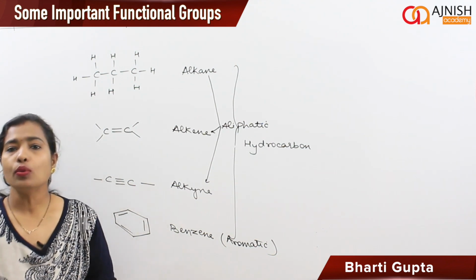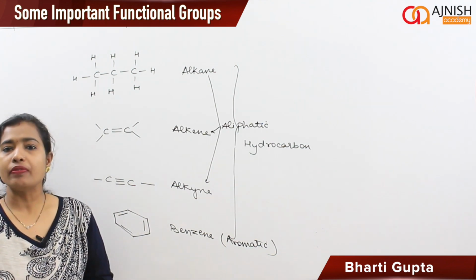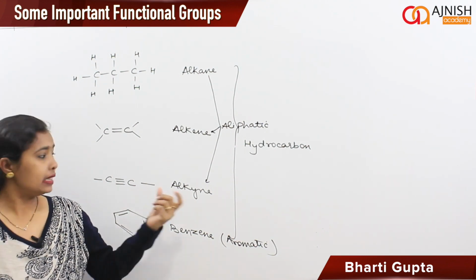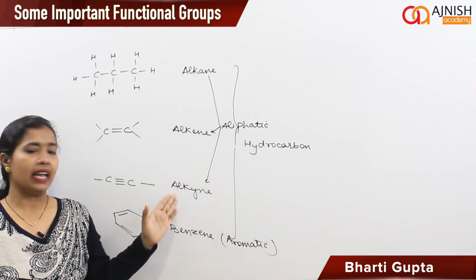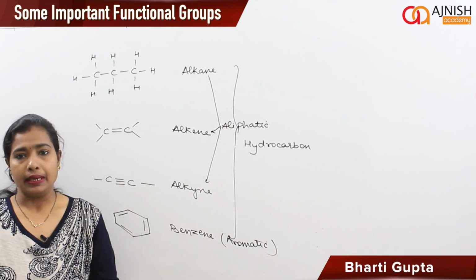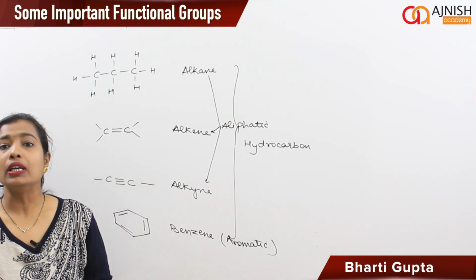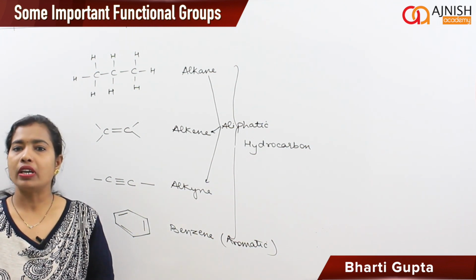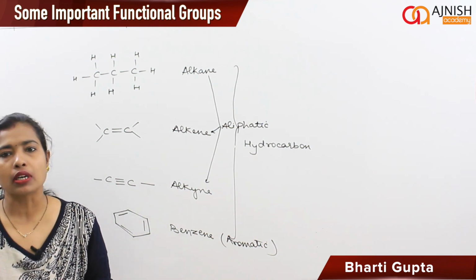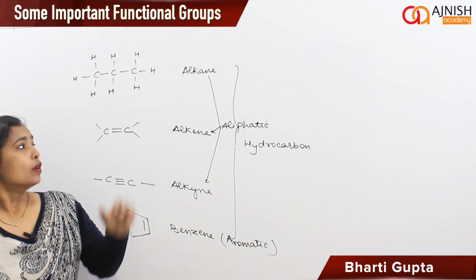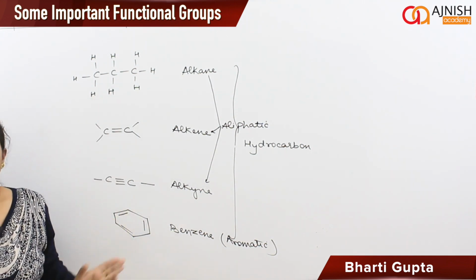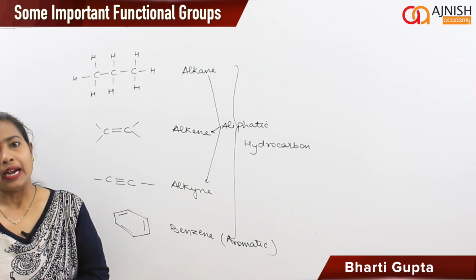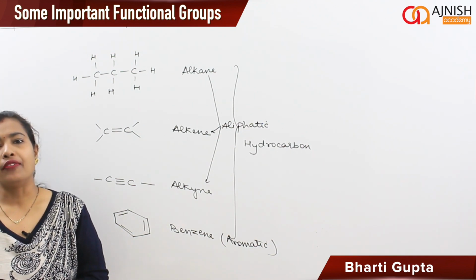Now according to the NCERT syllabus, when we study in 11th class, we have a chapter called hydrocarbons, and in that we learn alkane, alkene, alkyne and benzene. And then moving to class 12th, we will learn about the derivatives of these hydrocarbons as halogen derivatives, oxygen containing compounds, nitrogen containing compounds and so on. So from the hydrocarbon, when a hydrogen atom is replaced by some other atom or group, we get different